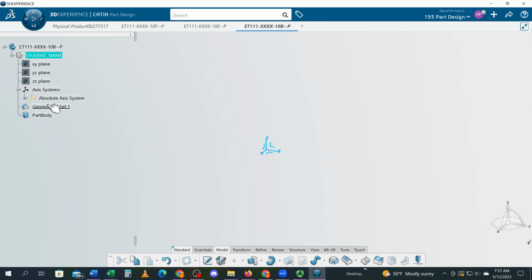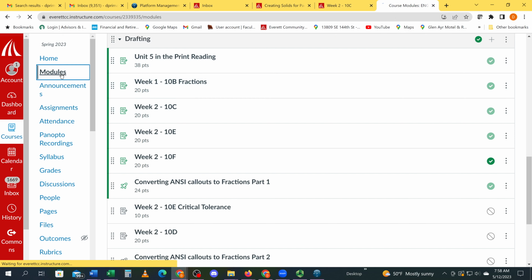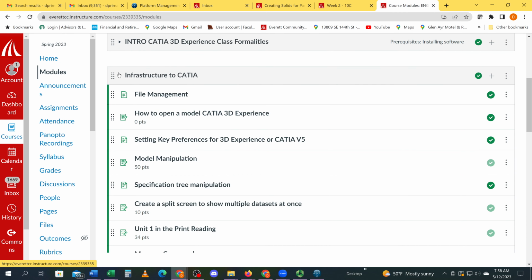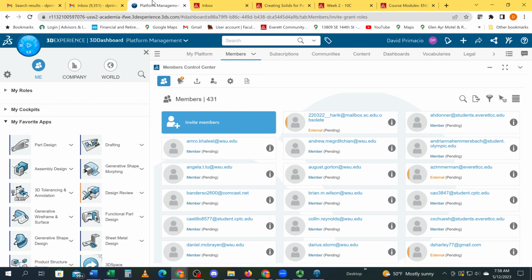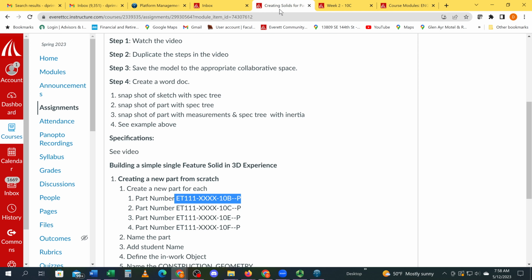Check to make sure your absolute axis is there. If it's not, you have to go back to your modules, and under infrastructure to CATIA, you have to set your preferences. On an update, your preferences get redone, so you have to redo your preferences. If you get on a new computer, you have to redo your preferences. So make sure your preferences are correct,